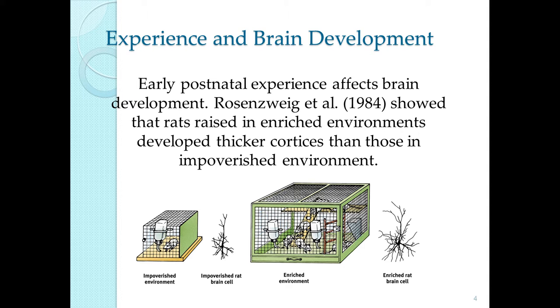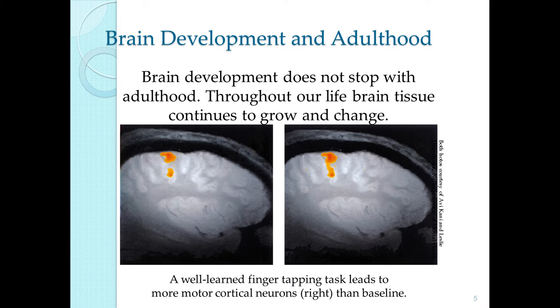So if it's not necessary, it's just wasting glucose resources. But if it becomes necessary for the environment to survive and thrive, then it's going to allocate those resources to maintaining those synapses. And so that's really very important. You want to give children access to as many opportunities as possible for them to develop their neurons. So that's where we say use it or lose it.